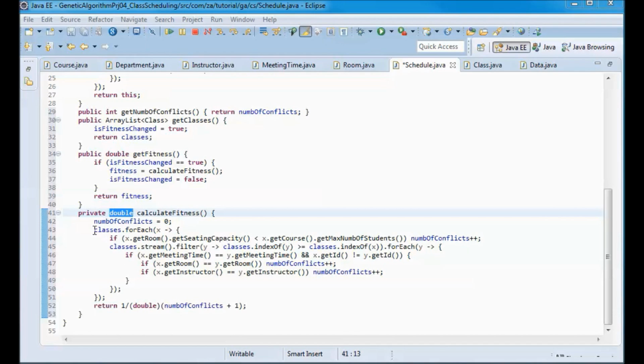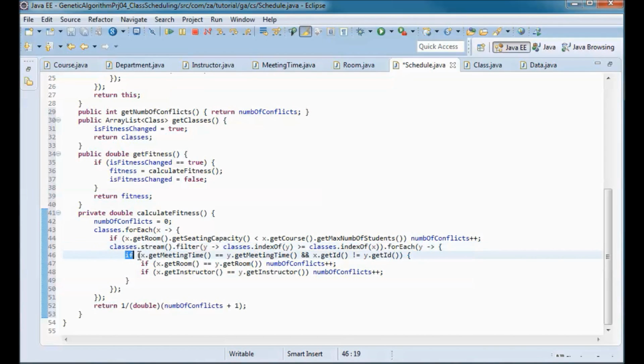So here we are using Java 8 to go through all the classes, and for each class, if the room capacity is smaller than the max number of students for the course, then we add 1 to the number of conflicts. And we use here classes.stream, the same as here, classes. But we use classes.indexOf(y) is bigger or equal to classes.indexOf(x). So we use a filter here, and then we do forEach.